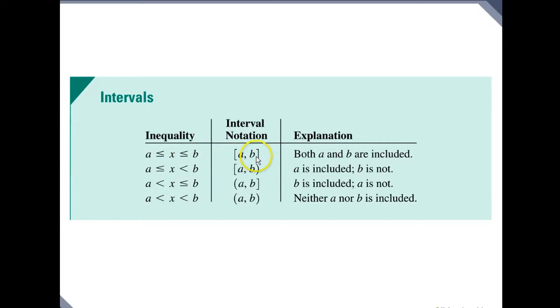Here A is included, we use a bracket, but B is not included, we're using a parenthesis. And here A is not included, starting after A, so the parenthesis is used when something is not included, but